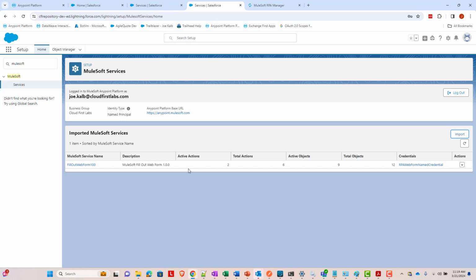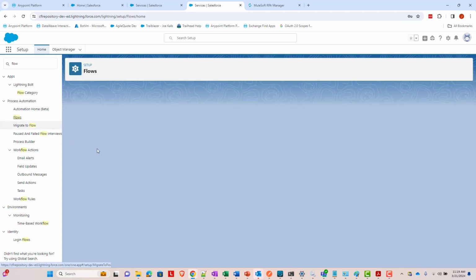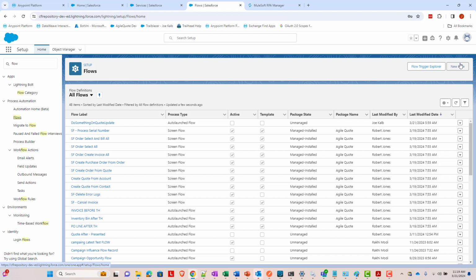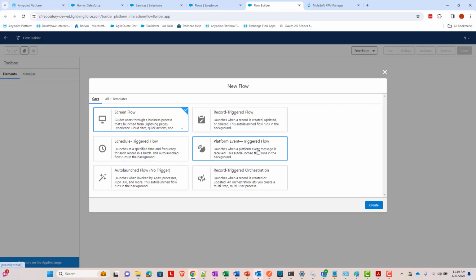So now that we have that set up, all right, let's do it. Let's set up the Salesforce flow. Come up here, Process Automation, Flows. Let's create a new flow. In this case, we're going to do a flow based on when a quote in Salesforce gets updated to move into presented status. So we are going to use a record triggered flow,